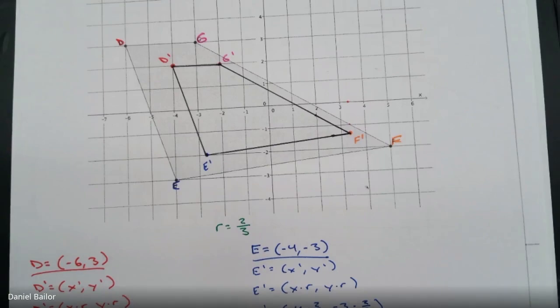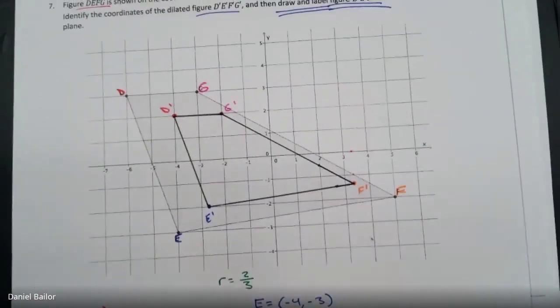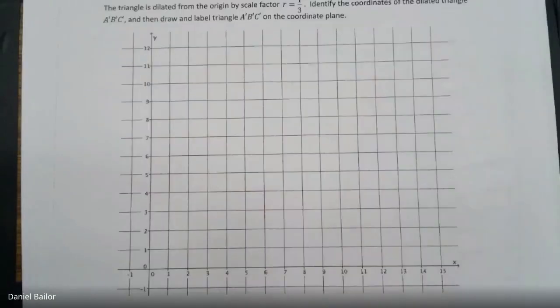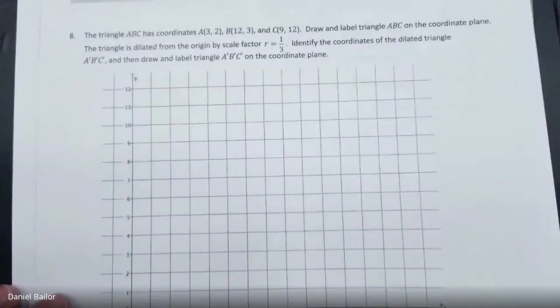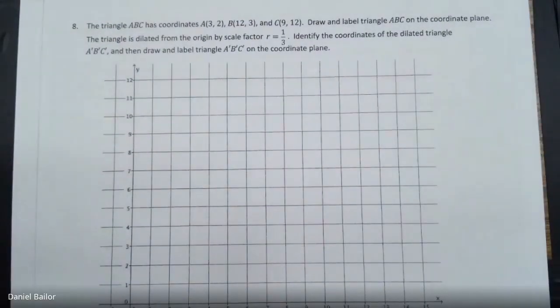We have one more practice exercise we're going to do. So go to page 62. We have exercise 8. And this one, they give you no drawing. In fact, you have to draw it yourself. You have to start by drawing it yourself. So this is working from scratch. They do give you the graph, but let's do this one step at a time. It says triangle ABC